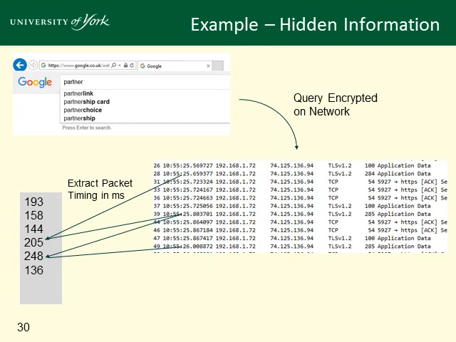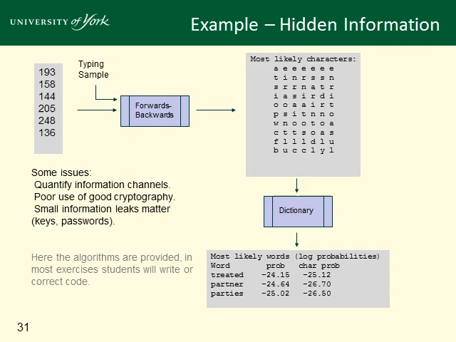And we can do some statistics on that. We can get the timing numbers, and we can estimate from the difference in timing, if we have a sample of users typing, the most likely characters that have been typed. And we can go a little bit further than that again. We could actually use some dictionaries, if we're lucky, dictionaries developed from the user's typing itself, and estimate that "partner" is quite a likely word to have been typed here. Now, what's going on here and what does it matter?